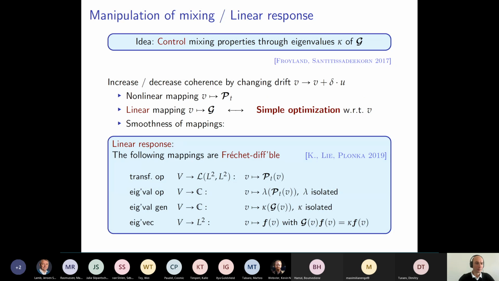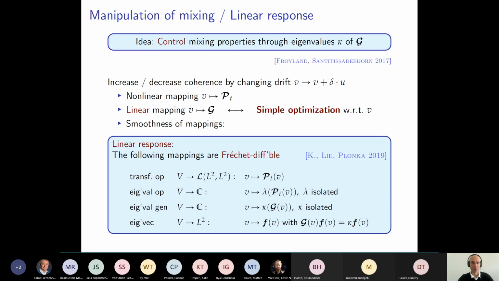Okay, one step further, and that's kind of going to be the last topic I would like to talk about. It's linear response, or more from the application setting, the manipulation of mixing in systems. The idea is, now that we had the quantitative connection between mixing properties of the system and the eigenvalues of this augmented generator G, we could think of controlling the mixing properties through trying to manipulate the eigenvalues, corresponding eigenfunctions